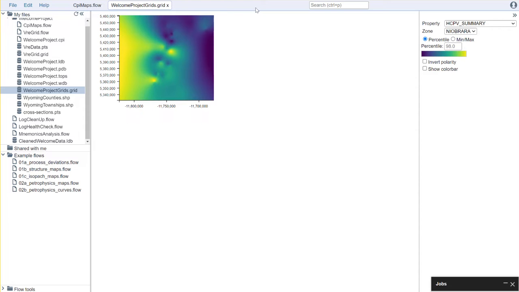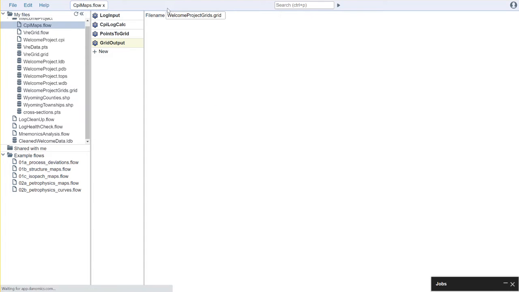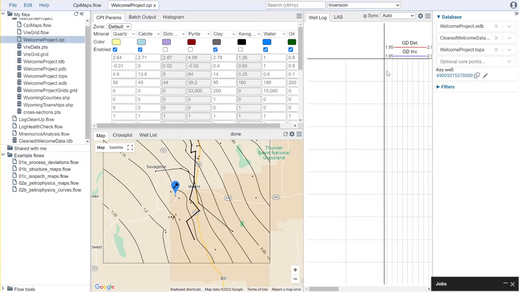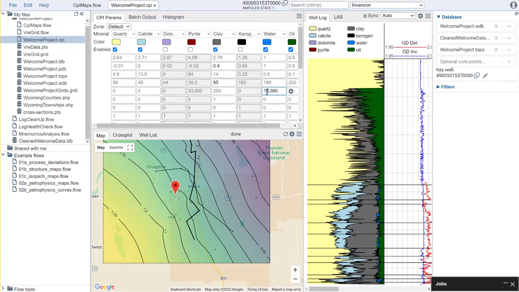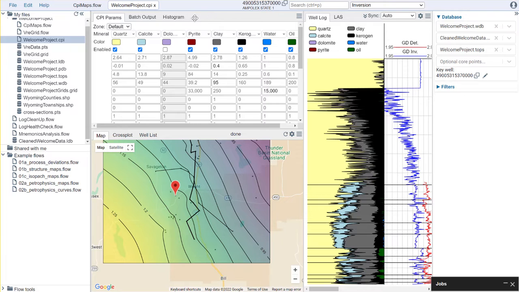Now, much like other flows, this is a flow that is very reusable. Let's say I went in and I made some modifications to my petrophysics interpretation, and I wanted to see the effect that that has. Well, I go to my petrophysics, let's say I make a change here on my well. I want to see what happens if I change the mineral model. So let's say I wanted to use pyrite across all my zones, and I wanted to calculate kerogen across all my zones. Well, I could do that, save this,